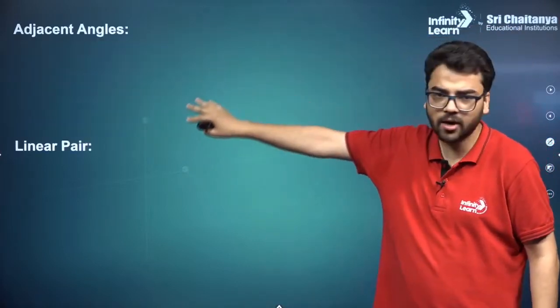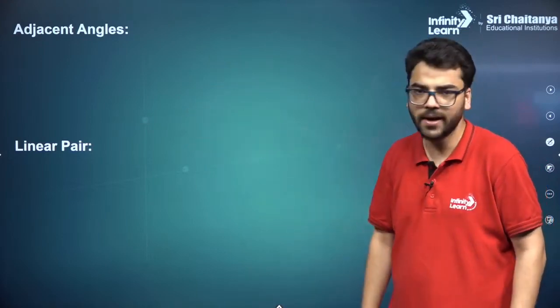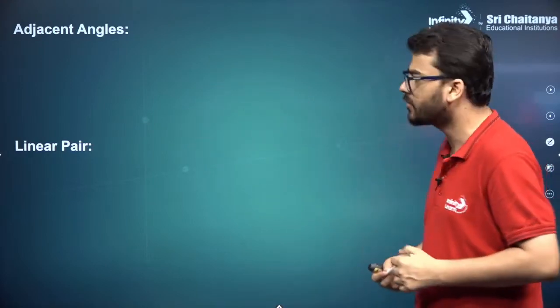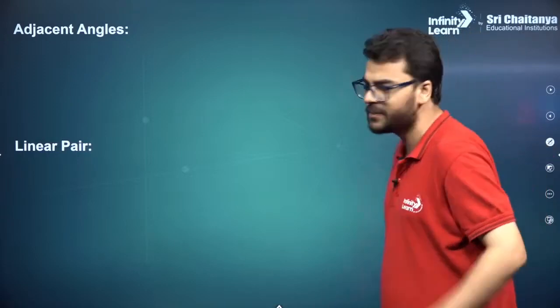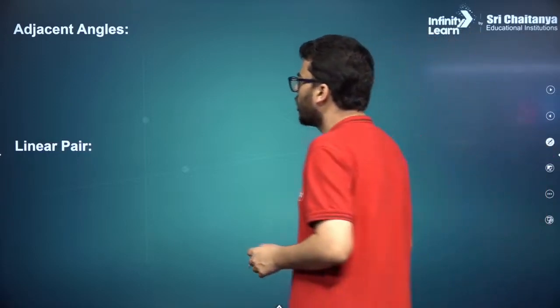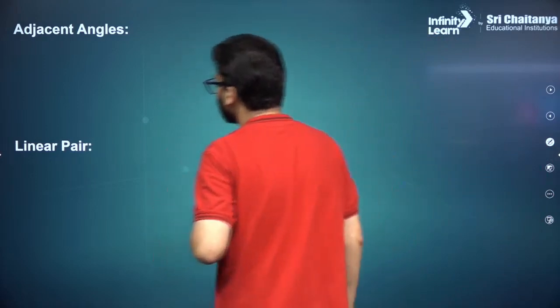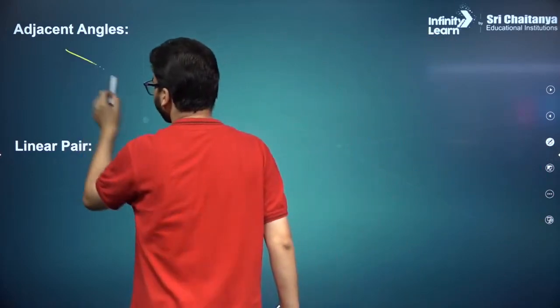Now we have got the other concept of adjacent angles. Okay, this is very important to understand. Try doing it properly. Okay, adjacent angles. Adjacent angles means two or three things are there. Okay, if I ask you,